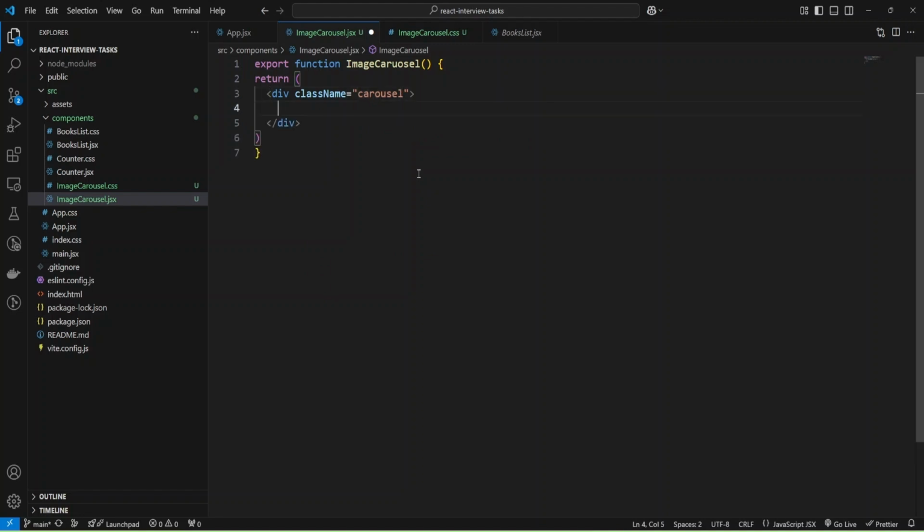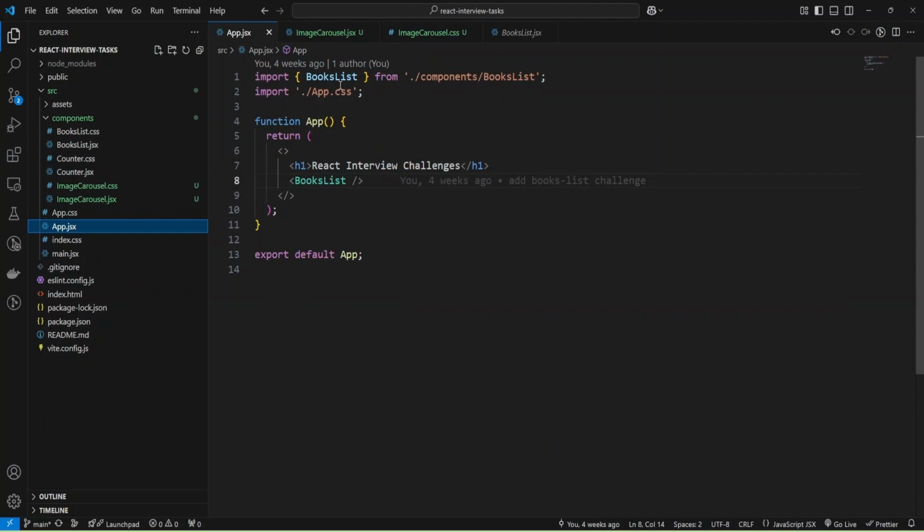Okay, and now I can provide some header like Image Carousel, and also I'll add a div for the image, and we'll add the image later, and also I need two buttons for previous, and also for next.